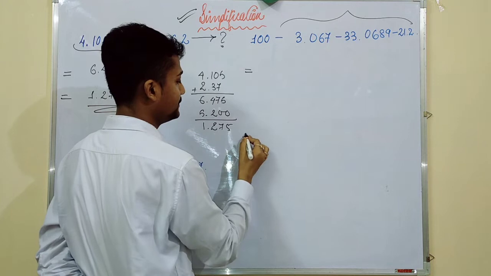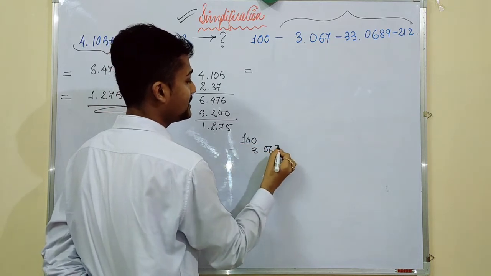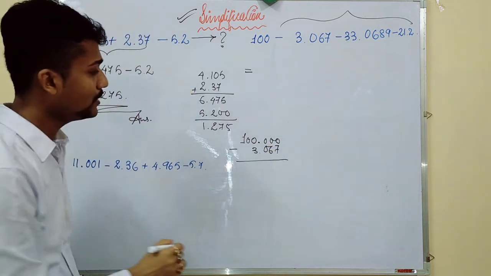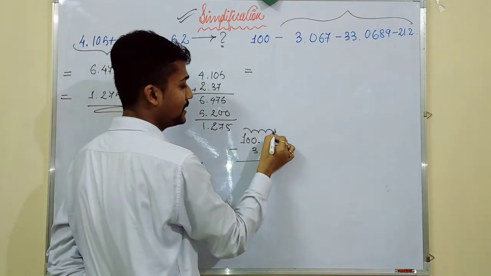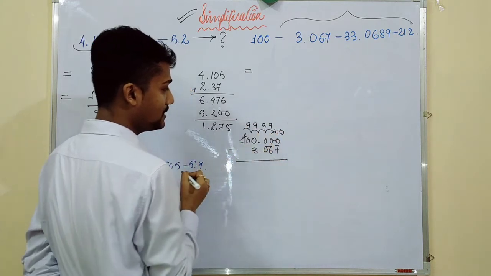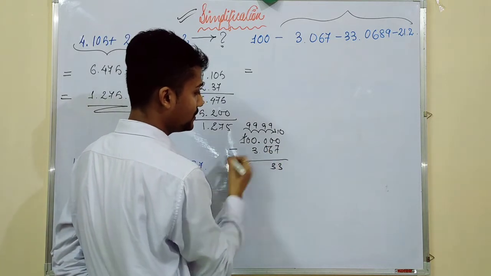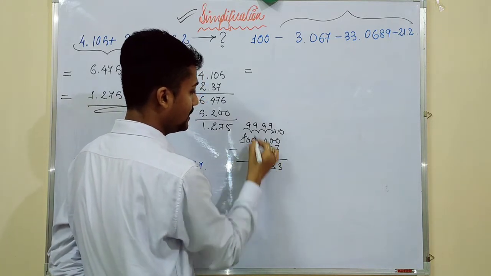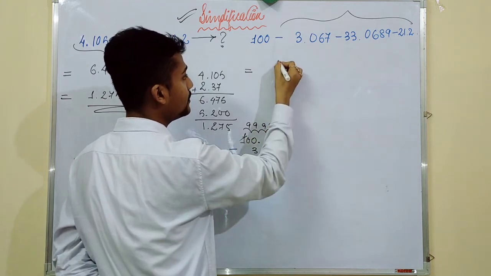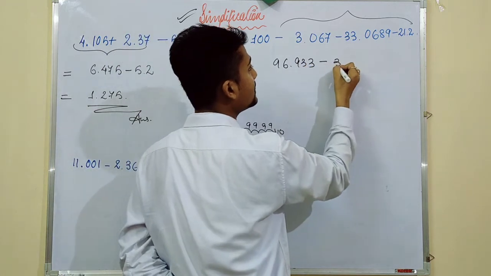So 100 minus 3.067. It will become 000, isn't it? So how much will it be? If I carry, it will become 10, 9, 9, 9, 9, and it will become 0. So 10 minus 7 is equal to 3, 9, it will be 3, 9, 9 minus 3 is equal to 6, then it will be 9. So it will be 96.933 minus